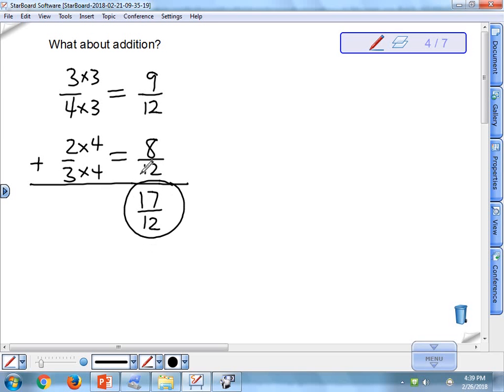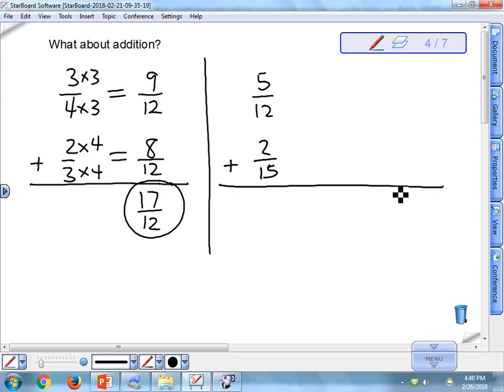Okay, so that one was pretty straightforward. Now, suppose I give you an example though. This one is 5/12, and I want to add 2/15 to it. Now, I could do the same thing I did just a minute ago. I could multiply the top fraction's numerator and denominator by 15, the bottom fraction's numerator and denominator by 12, and I